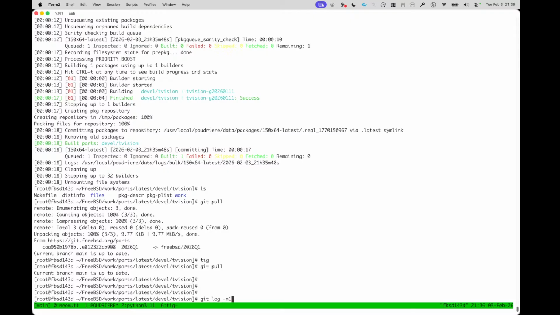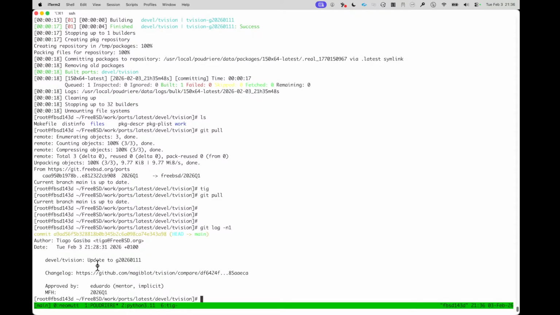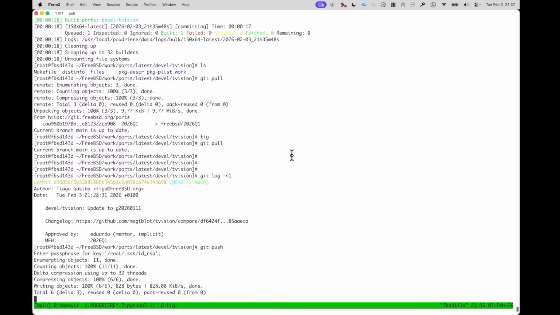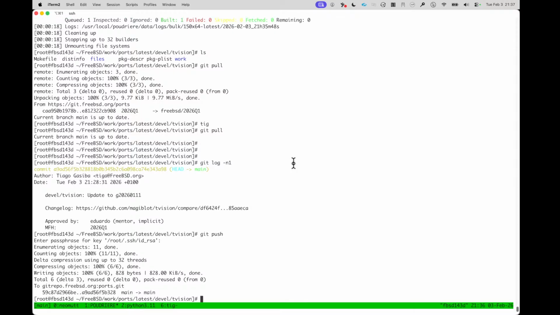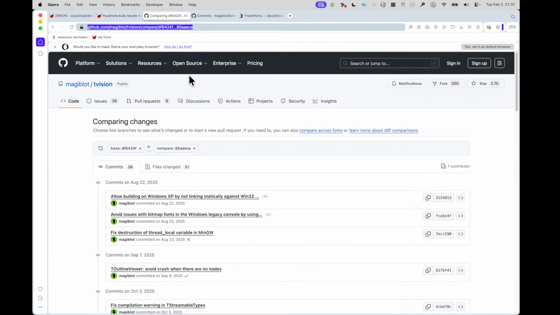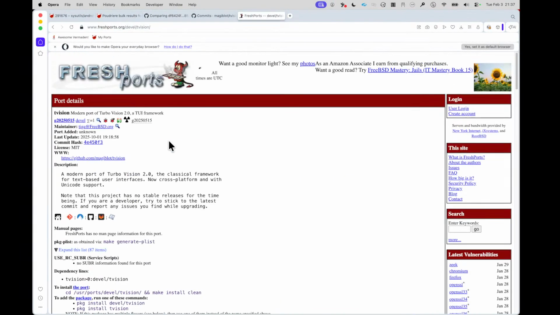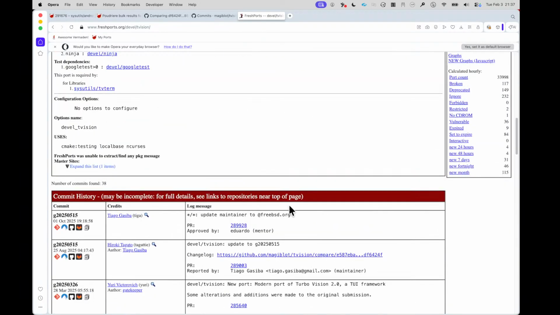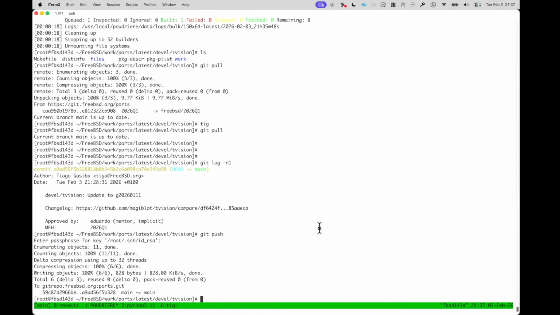Git log, double check, triple check, devel, update to this one, change log, this approved, MFH. Yep, git push. So it's published officially. So this one is going to change at some point in time, the version here. So we wait a little bit for this to update. In the meantime,